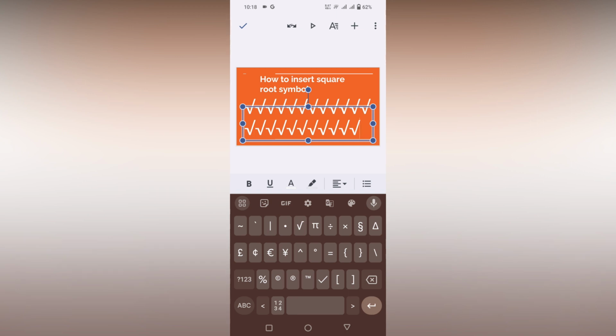to insert the symbol. So try this alternative way, and if you're having any doubts about Google Slide mobile,